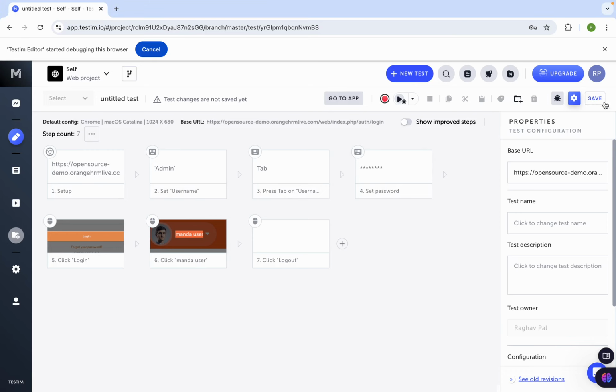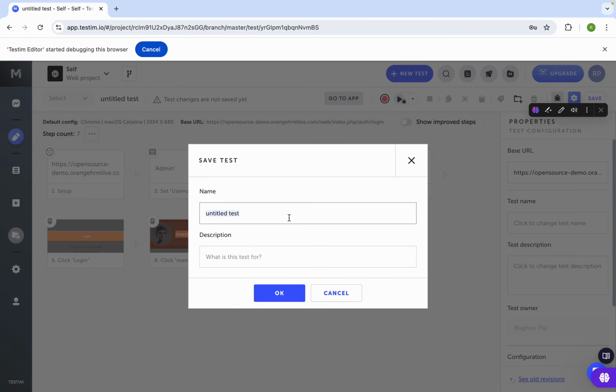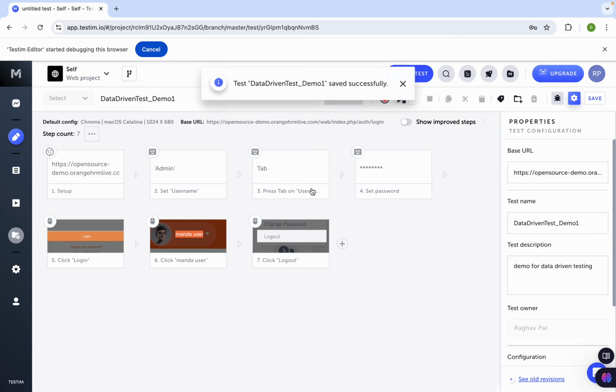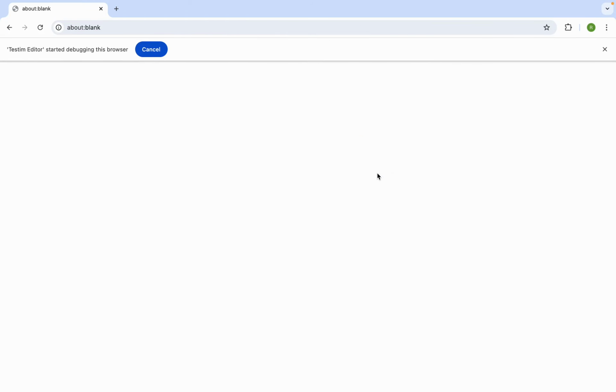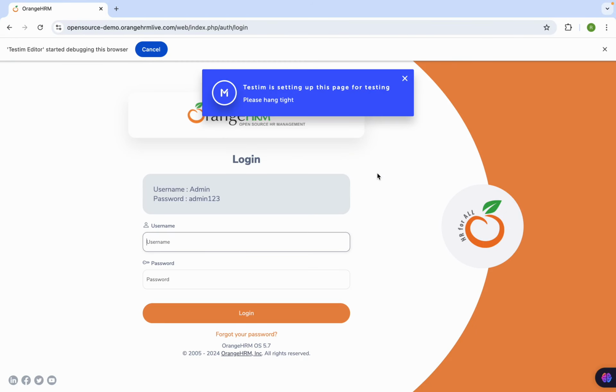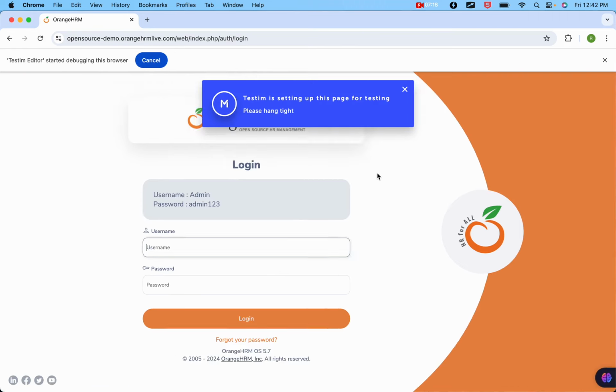So I can now save. Here is the save button. I will save and I will say this is data driven test demo 1, demo for data driven testing. Okay, so this is saved, and let me run it locally first just to check everything is running fine. So I will go to this run button and I can say run locally. So let's say yes, it goes to the browser and goes to the link, enters